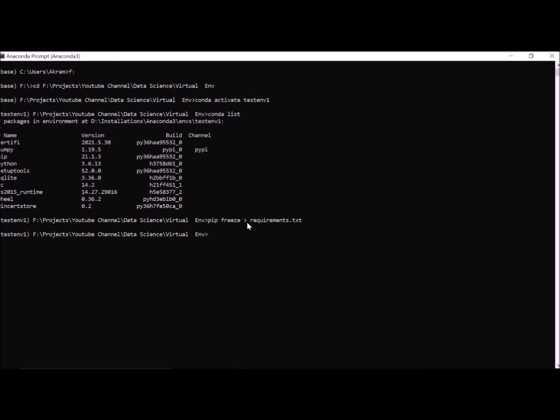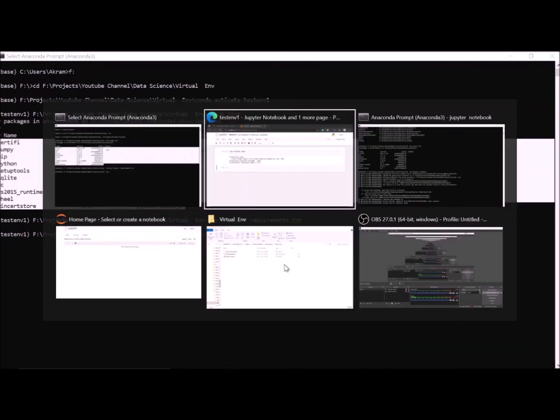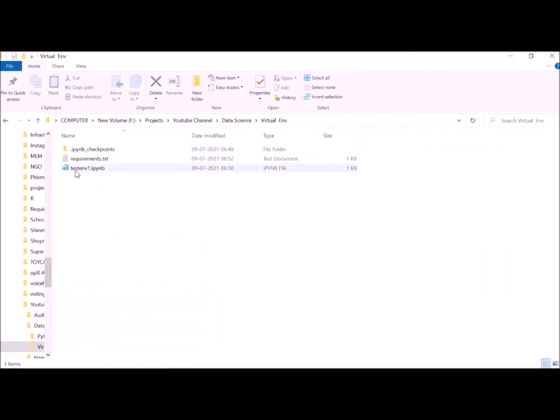See here, I will check what I did. Pip freeze works just like conda list. It will collect all the dependencies, all the libraries, with their versions. I will check here in my folder if I get any requirements.txt file. See here, I got this requirements.txt file here.